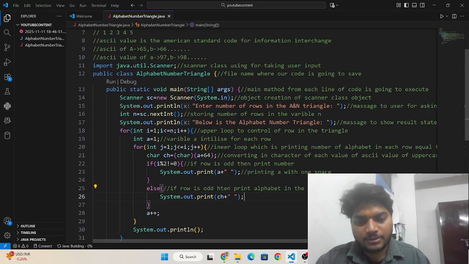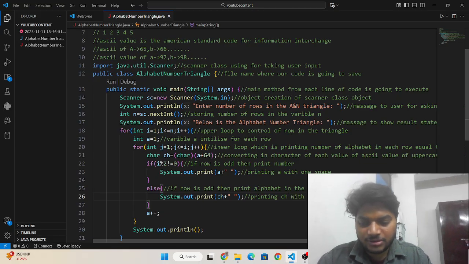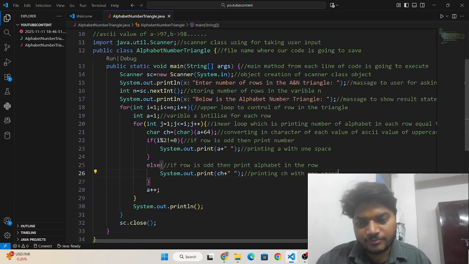Okay, then print, and here is printing character with one space.